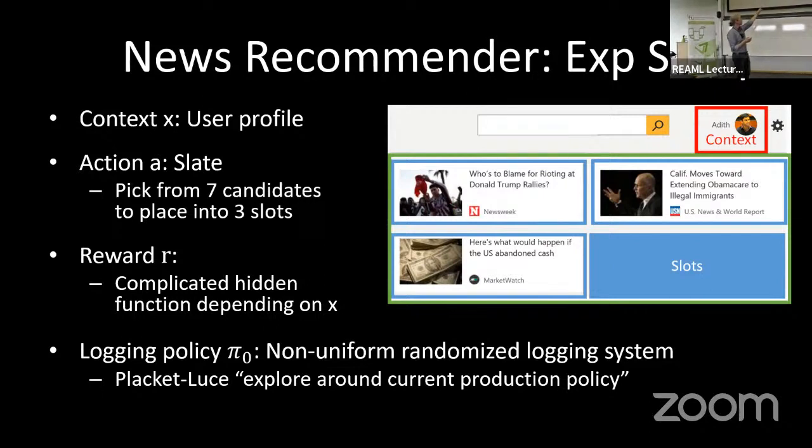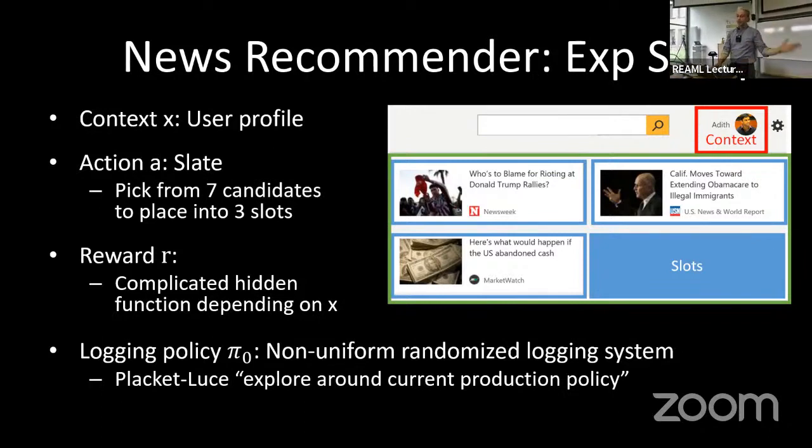Once we put articles there, we see the reward, and it's a complicated function of the articles and the context. So it's not just a simple linear function or something like that. It's something really complicated, difficult to model. And now we have a logging policy that tries out, in a somewhat probabilistic way, putting different articles into these different news boxes, and it makes sure that every possible combination has some non-zero probability. So we have full support.